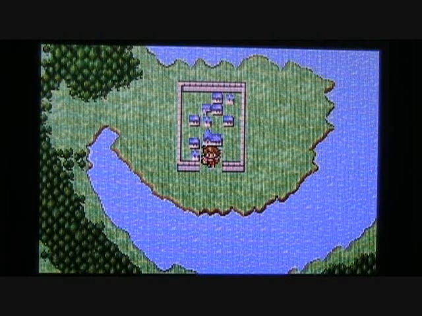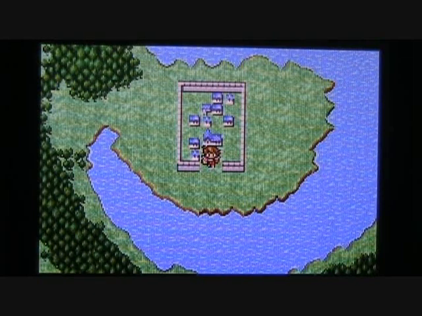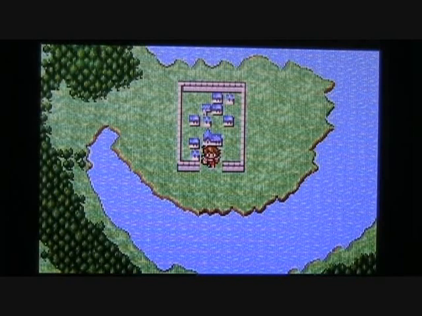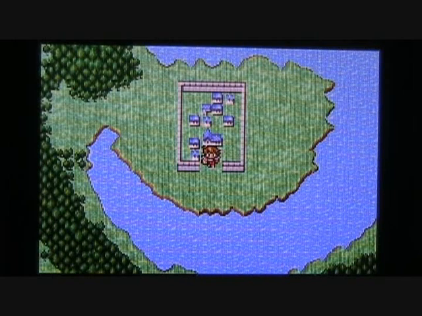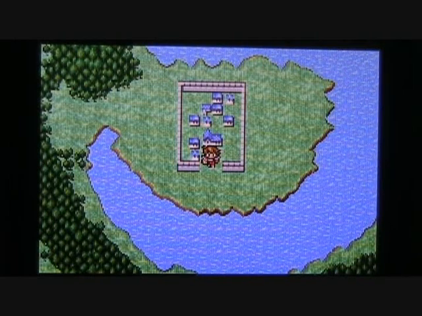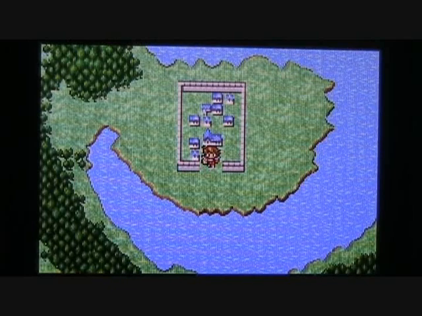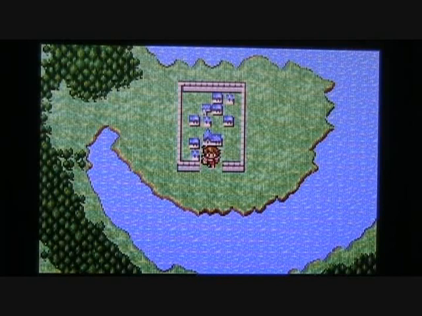Today we're going to use our newly acquired canoe that was given to us by the 12 sages of Crescent Lake to sail to the fiery Mount Gulg Volcano. Apparently the defeat of Lich has caused the Fire Fiend to stir from her sleep 200 years before her time. So it's going to be up to our 4 fearless heroes to go after this fiend and attempt to restore